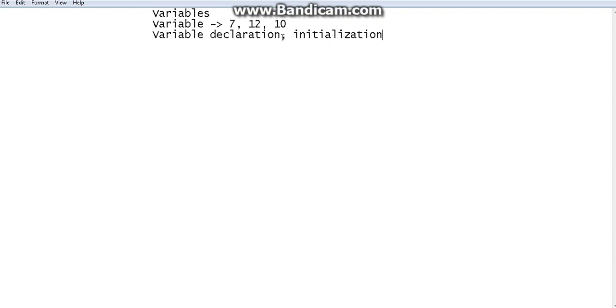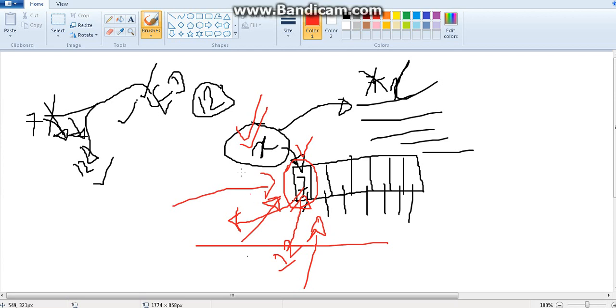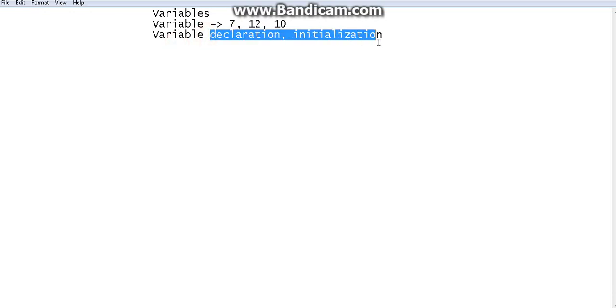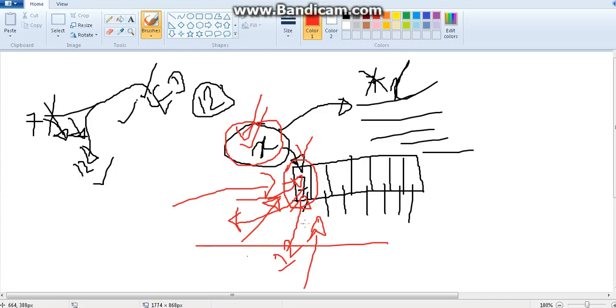These words have nothing much to them actually. Declaration means you are saying something about X. You are telling the Arduino, I am going to do a thing, and please remember the name of the variable is going to be X. That is what we call declaration. Declaring there is a variable called X. Initialization means giving a value to the X memory location. You can change the value later, but initially, the first time, you are giving a value, right? So that is called initialization. So the first time we are doing only these two things, and later we can change it when we need it.